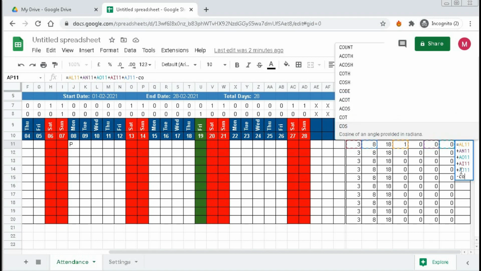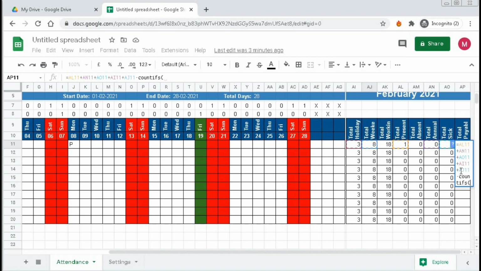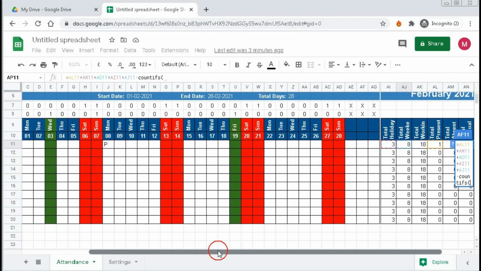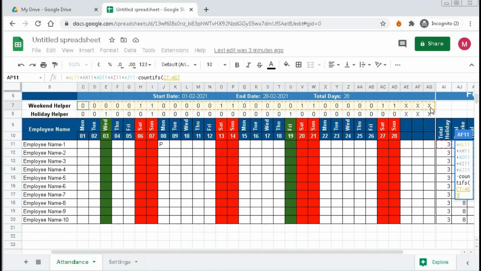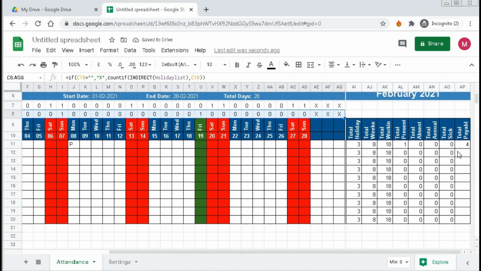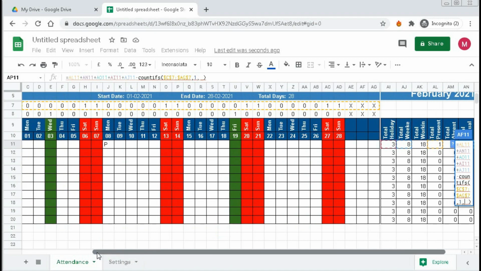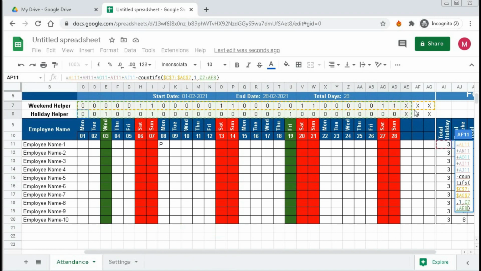So COUNTIFS, open bracket, this range, F4, comma 1, this range, comma, this range, comma 1, close bracket and enter.